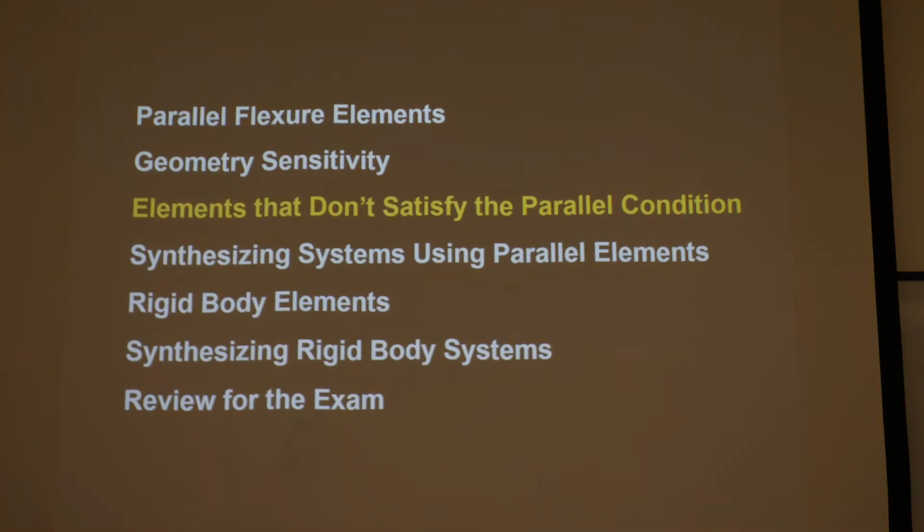Okay, so this geometry sensitivity topic was hopefully to show you that reality gets gray. It's not as idealized and nice, and freedom and constraint spaces can be sensitive, so be careful. Okay, so let's look very quickly at elements that don't satisfy the parallel condition. At this point, you might say, well, it seems like every geometry you've drawn and every geometry that can be generated from the FACT chart